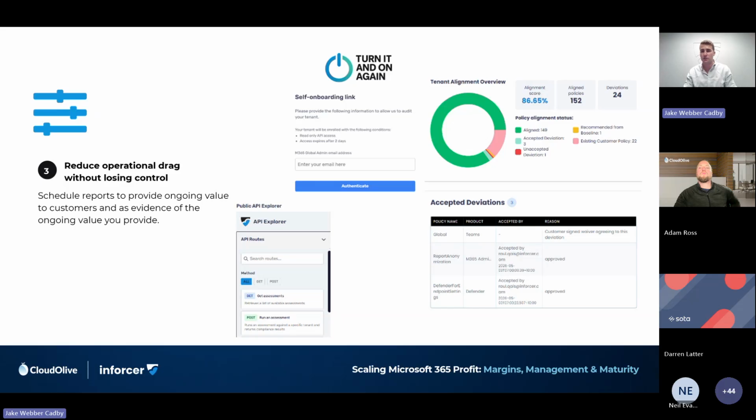okay, this is how aligned you are to our baseline. Here are the gaps. Here are some of the things that we're going to work on over the next 3 months to plug away at some of those gaps. So again, all about aiding you and having better conversations with your customers. It makes them feel like they're getting value for the money they're paying you. And it also helps you retain those customers because you're not opening up the doors for other MSPs to come in and start poking holes in the level of Microsoft security that you've got in place there.